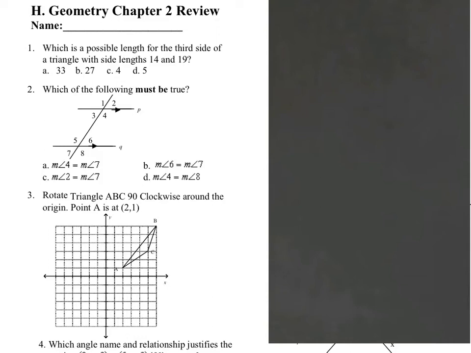All right, we're going to go ahead and look at number 1. So for number 1, you need to look at the two options here. You have 14 and 19. So what you want to do is,